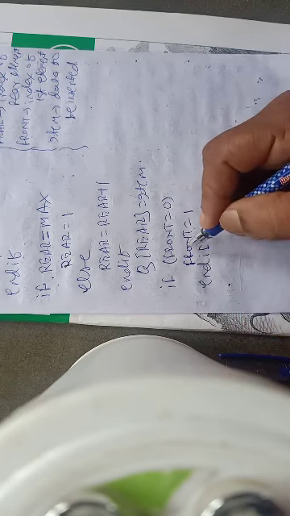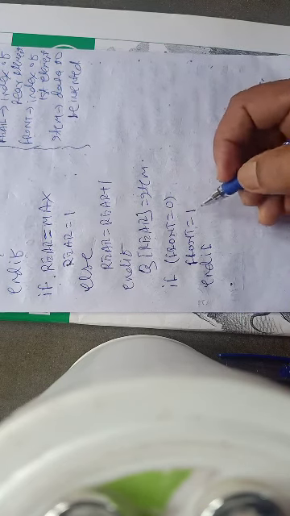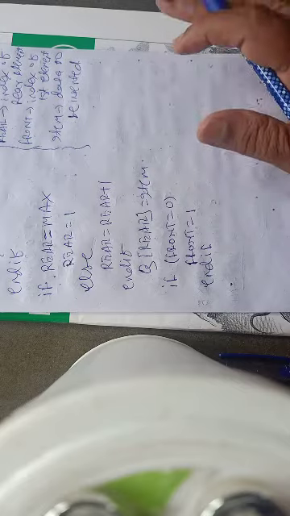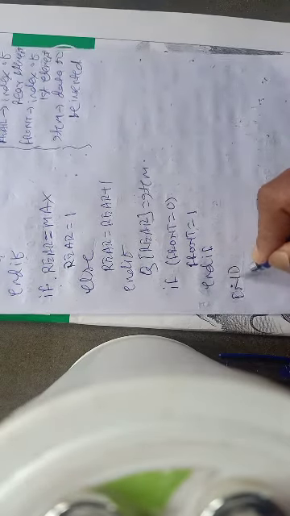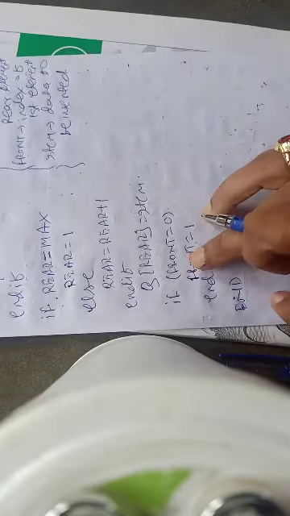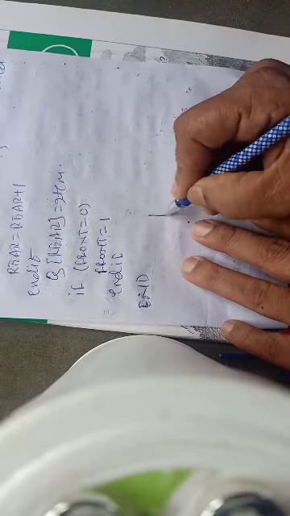Otherwise, when front is not equal to 0, then front should be 1 or 2 or something, and in that case, whatever the value of rear, we don't care; we simply handle rear. Okay, so now end. I hope you understood this particular trick. Let me give you a diagram example.